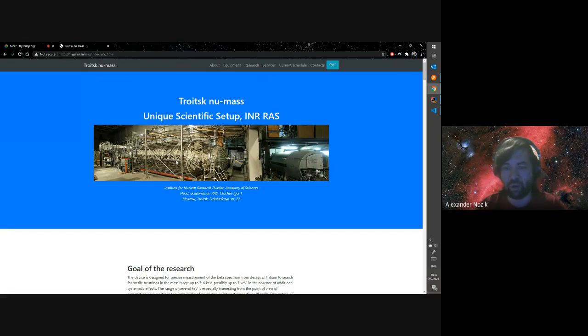So the workflow is the following. We set the high voltage here. High voltage, I mean, a few kilovolts. And then we measure for 10 or 30 seconds and measure all the electrons which hit the detector. For each electron, we record its time stamp and its amplitude, which is proportional to its energy. And then we have a lot of those electrons, and the data acquisition system records all those electrons, compresses them into blocks, adds the metadata, and sends them to the